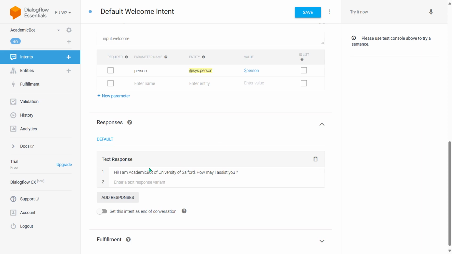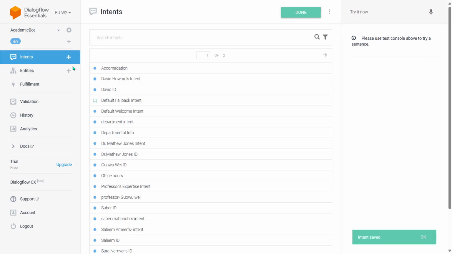So in the response that I gave, I trained the bot to respond with: "Hi, I'm an academic bot of University of Salford, and how may I assist you?" And this looks as professional as it can, and that is how I wanted my bot to respond to greetings. And these are just the welcome intents, and just like the welcome intents, we do have the